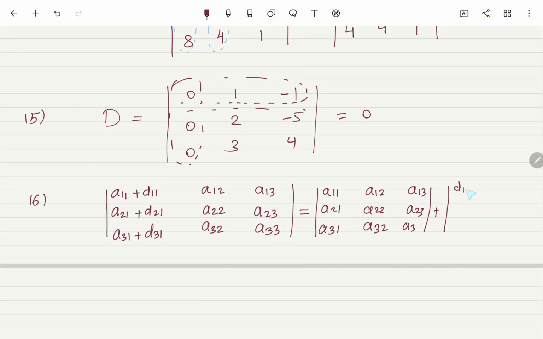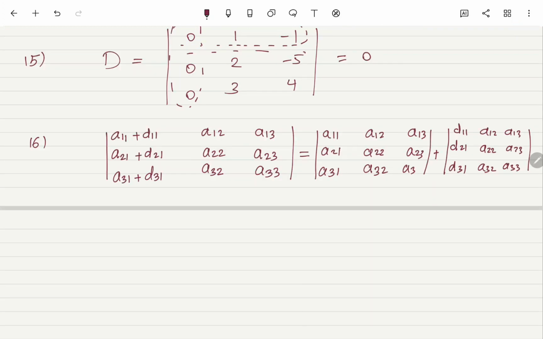So d11, d21, d31, a12, a22, a32, a13, a23, a33. Property number 7: adding a multiple of a row or column to another row or column does not change the value of the determinant. As an example,